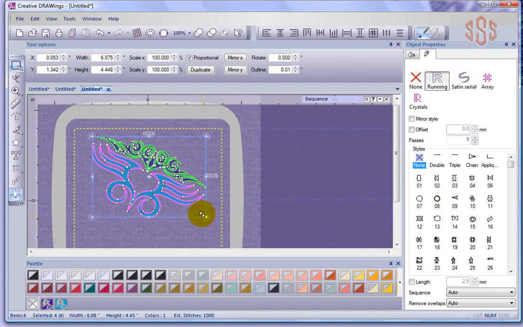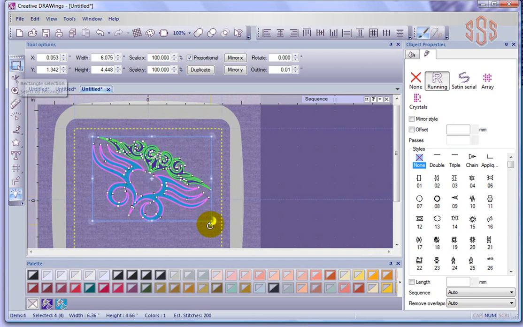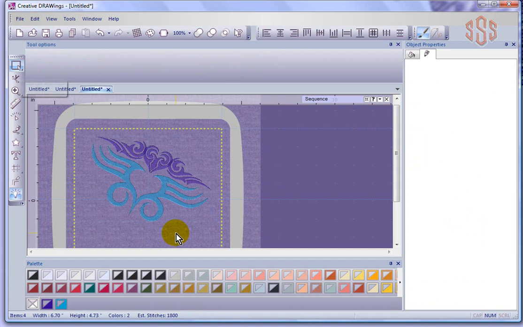And so that's a little bit, and I'll go into more detail about using the rectangular selection and making transformations of your objects, but in general, that's how it works. You select it, and then you make it the size and orientation that you want. Now, when I'm happy with everything, I can just click to let go,